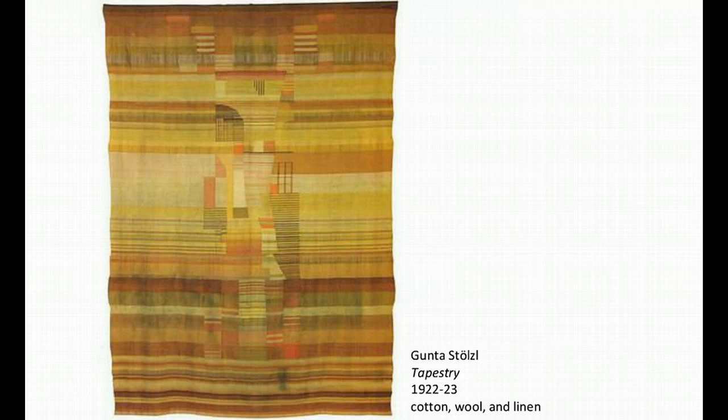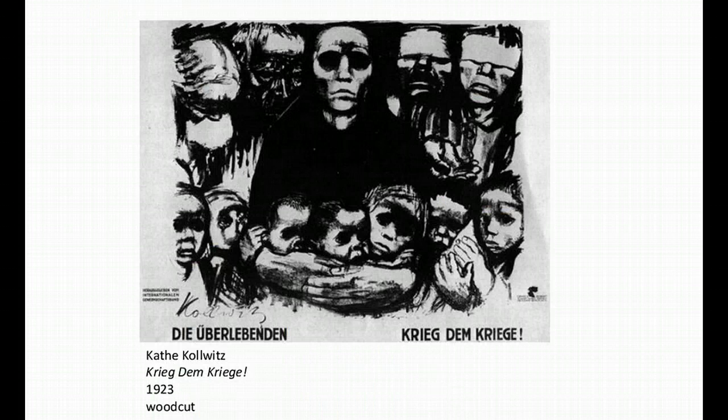All right. So while that's going on in Berlin, in Dessau, we have Günter Stölzl making tapestries. Inside of the Weimar Republic, hyperinflation and political angst are at an all-time high. Inside of the German countryside in Dessau, or near the countryside in the city of Dessau, Bauhaus, of which Stölzl is a teacher, is trying to make a different kind of social change. So we have Kollwitz here making social change by creating published posters that are used as protest.